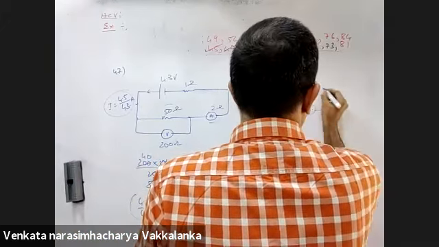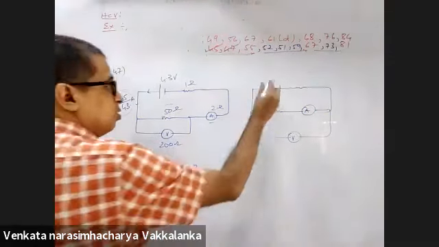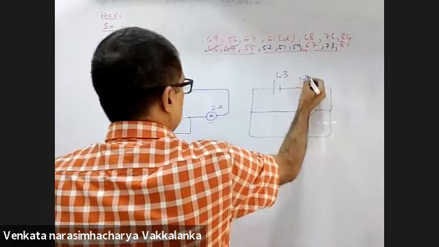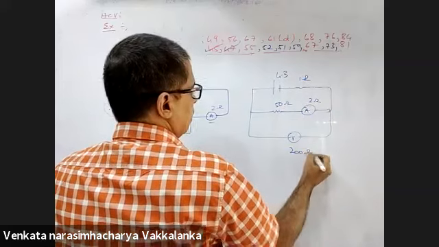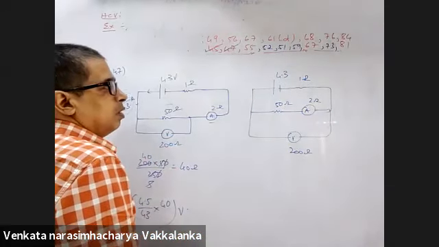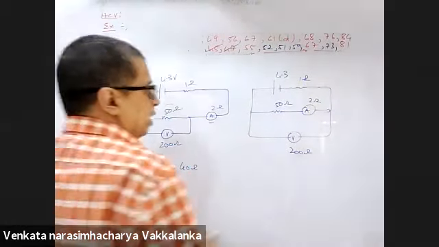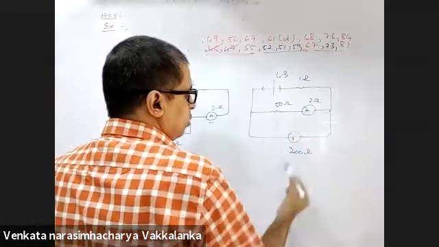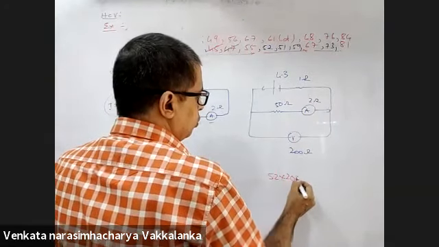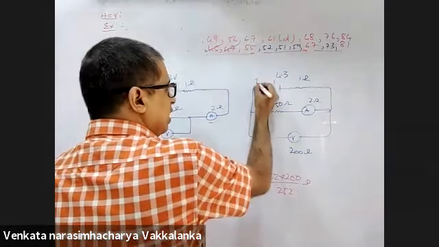Find out the ammeter and voltmeter readings. Find out the current in this. Now find out the total current. This is 4.3, 1 ohm, 50 ohms, 2 ohms. This is 200 ohms. Right? How do you calculate the current in this? Now, first of all, this is 52. 52 and 200 are in parallel. 52 into 200 divided by 252 ohms. That plus 1 ohm. Will I get the current?